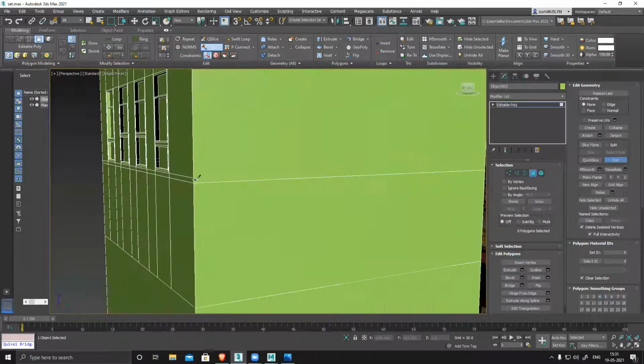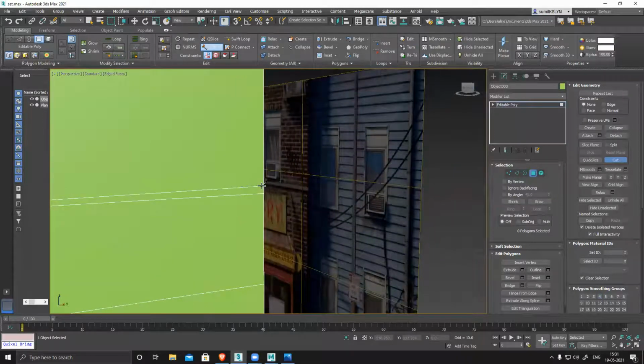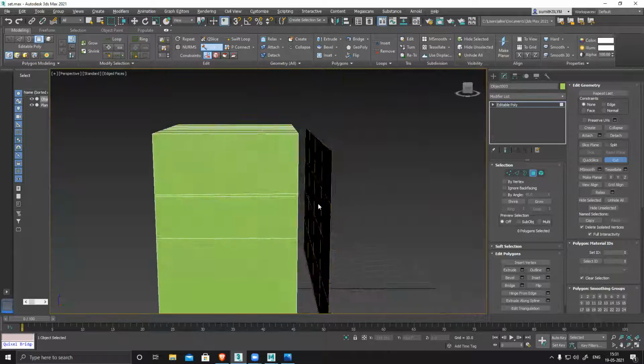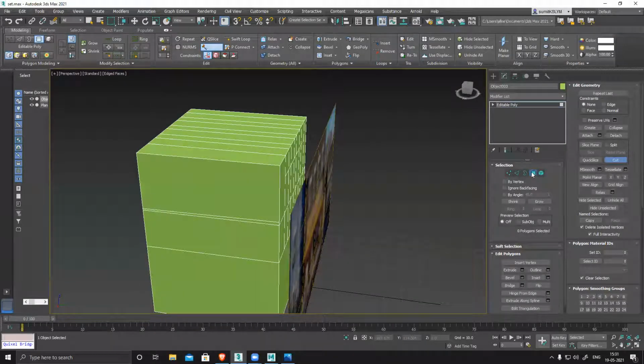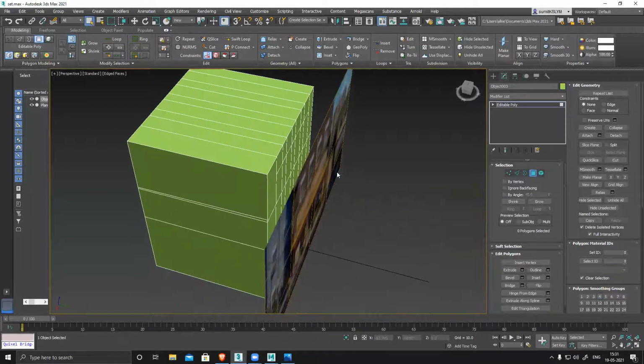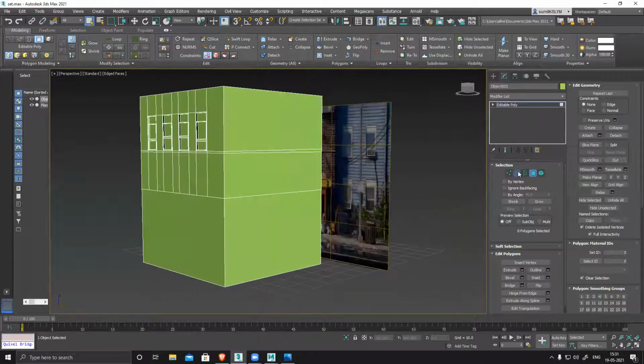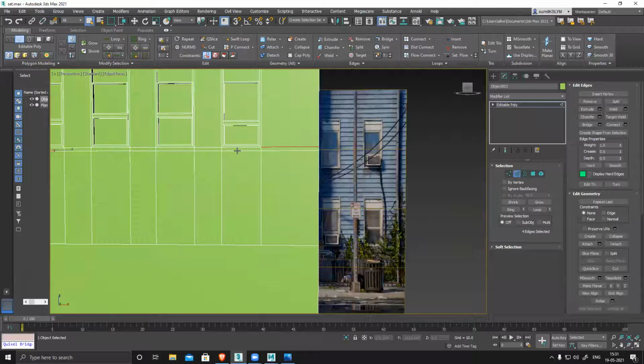No need to worry. Right click, and this back side is not visible. I can reduce it and delete it. Right now I'm not removing anything. I'll delete it later. So first thing first, select this entire loop,